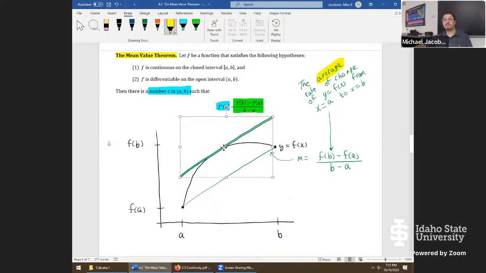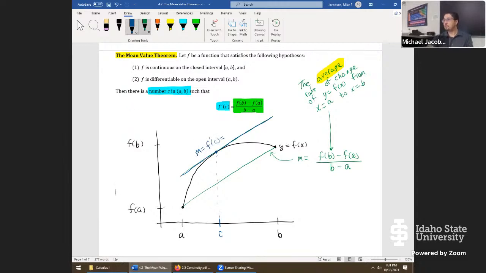So, about there. Yeah, right at that location, we have a tangent line. So this is the key spot right here. If we project down, we found a number C. And yes, it is between A and B, so that this line right here becomes tangent. The line of this will have a slope m. That slope m is the derivative of f at C, which becomes the average rate of change, f of b